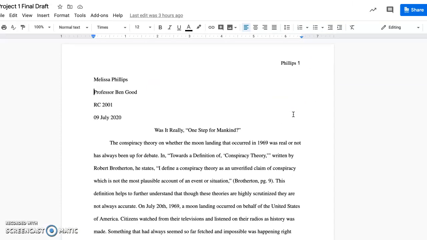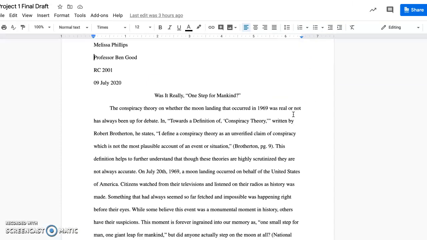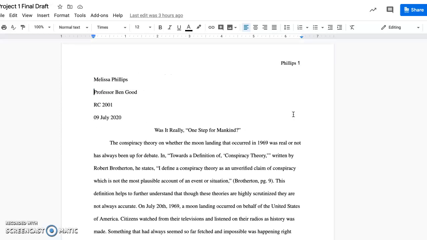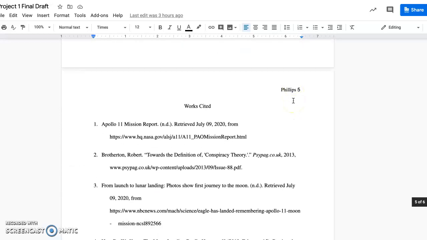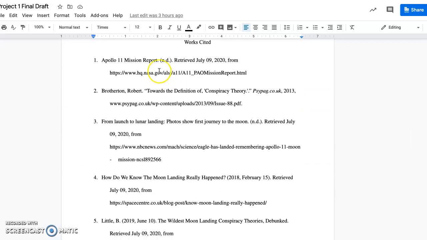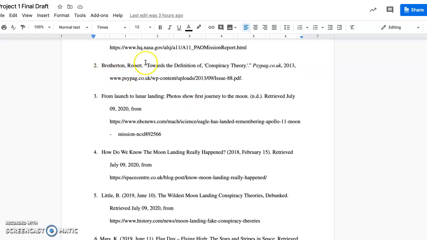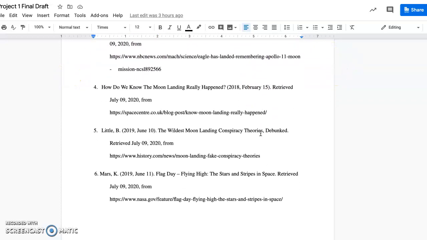Like I said before, I spent a lot of time reading different articles trying to find good, valid sources. Let me go down to them. Most of them are from NASA. I pay attention to the last three things. It's what I've always been told, and that's my scholarly source from the page that you provided for us.